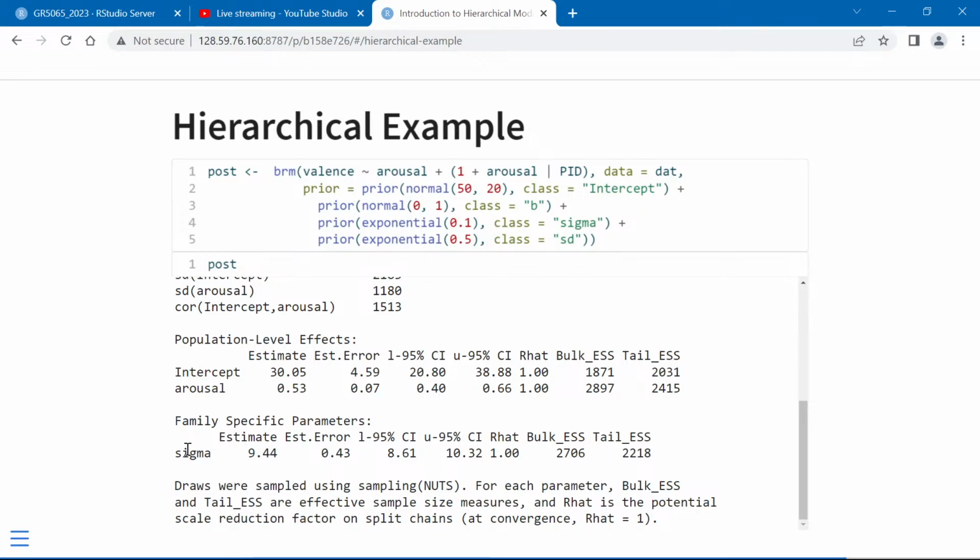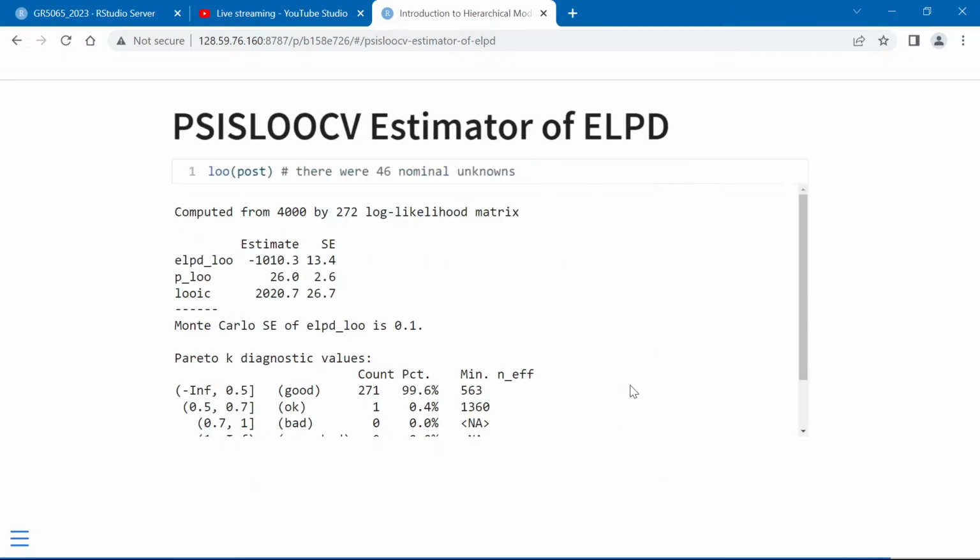And then we also have posterior draws of the sigmas that pertain to the epsilon. And it had an average of like 9.5 or whatever. Decent to good effective sample size on everything, so that all goes well. And then once we've got our model in rstanarm or brms, we can apply every function that works